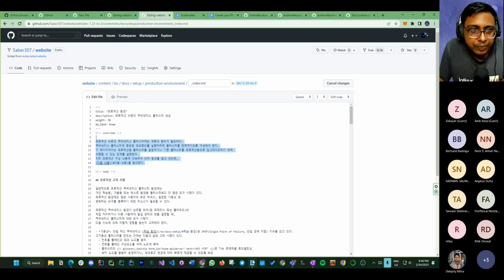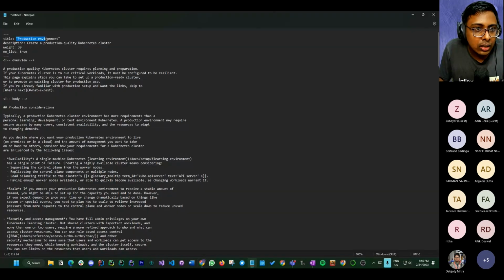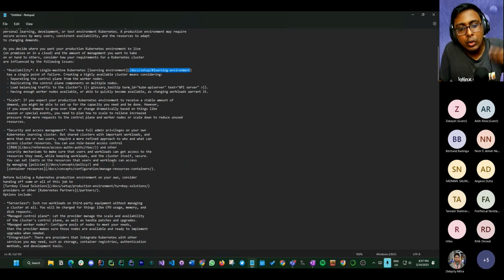I have shown you. You just have to change this one, and most of the parts. And what you are not going to change are these links, because you can see these are basically links, right? Learning environment, while pressing this, it will actually take you to this link, right? So you cannot translate it, because it's a file path, right? So this is how you are going to use our localization.